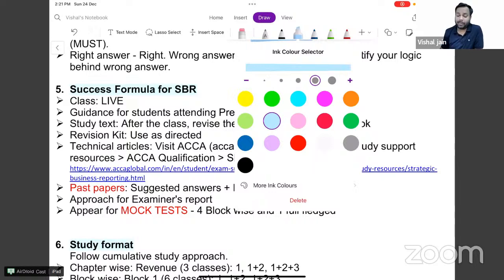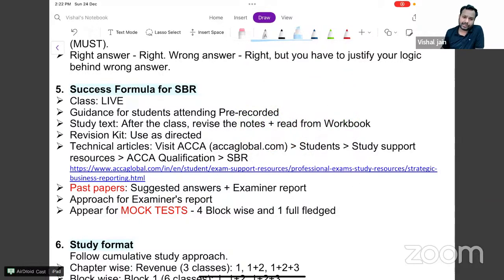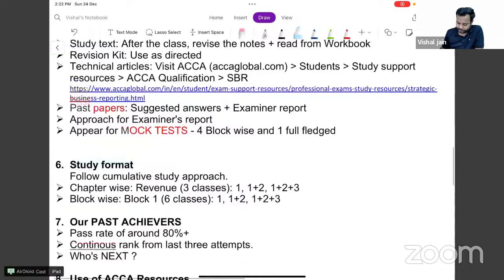If you are taking pre-recorded lectures, which happens predominantly at SBR level, because at SBR students are generally working professionals. Okay. Now,